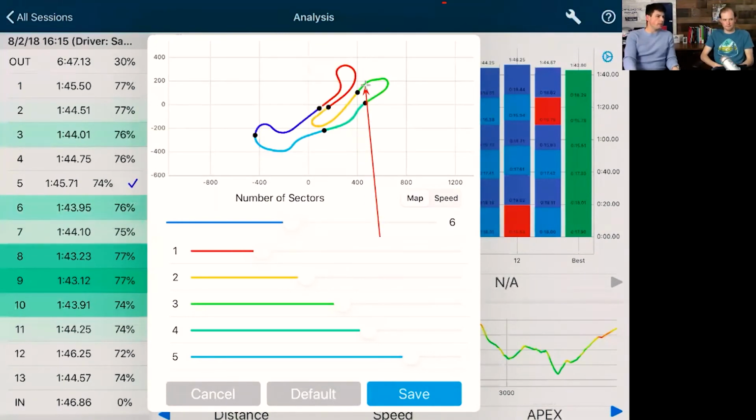So turn 7 is what we're looking at right here. That's after a hard acceleration exiting turn 5. Turn 6 is this little bend right here. And then turn 7, 8, and 9, an area where we probably want our sector to either be right in